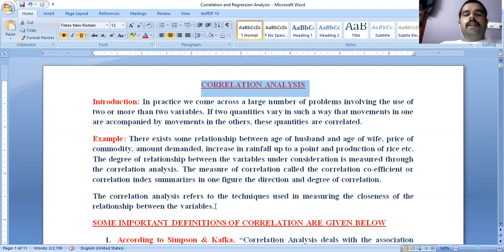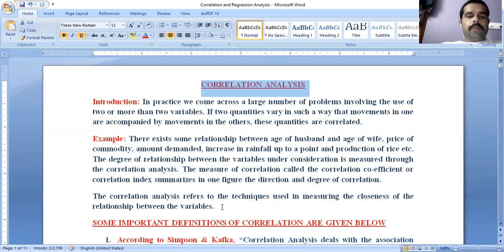Then, the increase in rainfall. Observe carefully, this type of relationship is also important here. Suppose this year the rainfall is highly increased, then does the production of rice increase or not? That is the most important question. Up to a mark, the water is required. If it is above the mark, then what happens? There is a chance that the production of rice will be a little low. So we have to observe carefully. This type of activity happens in correlation analysis.